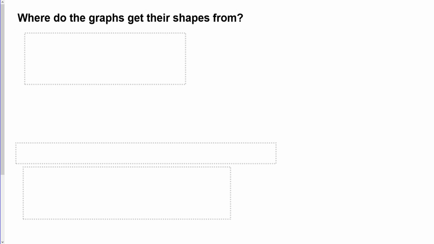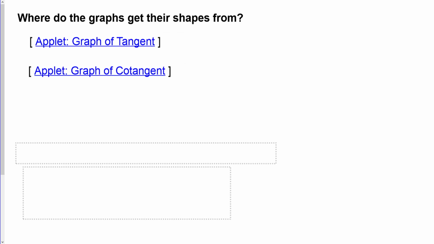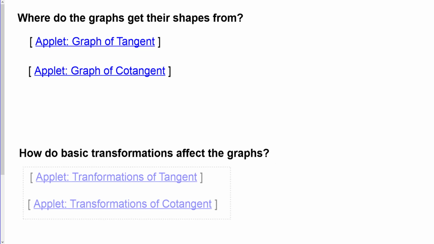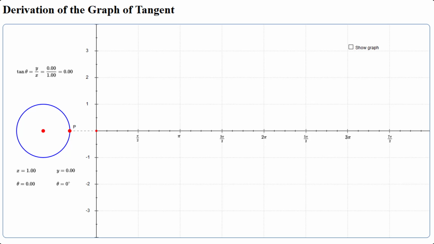And so it probably is a good time to first explore where the graphs get their shapes from. I have a couple of applets to help us see that, and then also explore the basic transformations that are affecting the graphs. So I have the same setup as I had with the other trig functions. I have a unit circle on my left with a point P on that unit circle, and I'm just taking the y value and the x value of P and dividing those numbers, and that's where the point that's plotted comes from. As I move P around the unit circle,